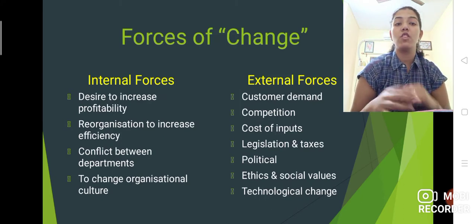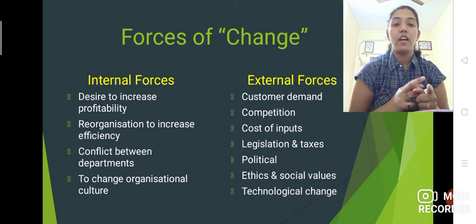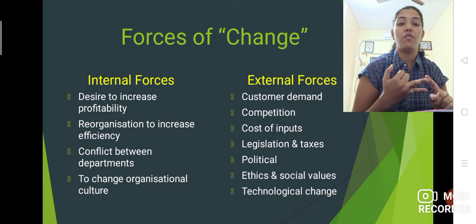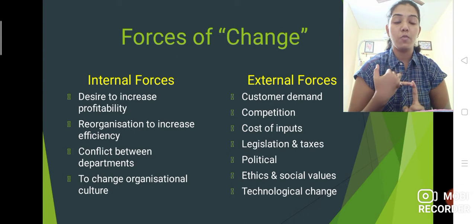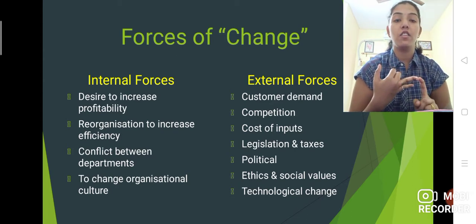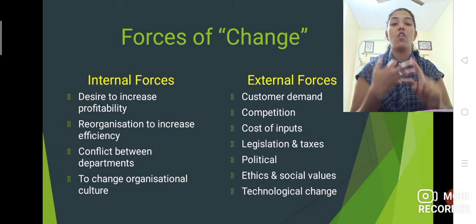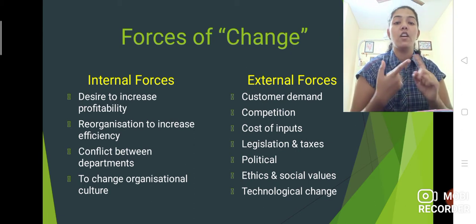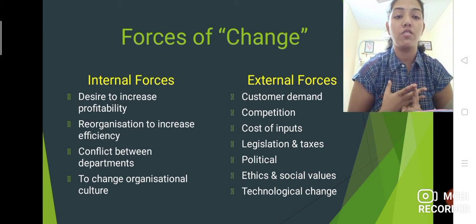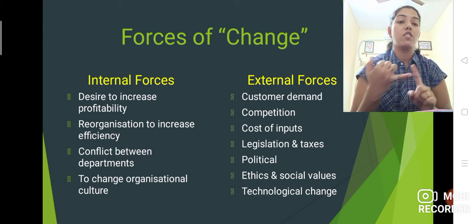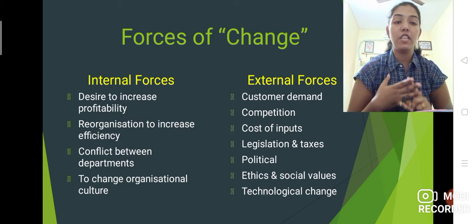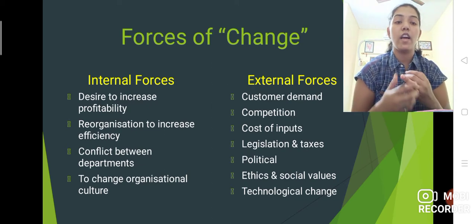Then next is forces of change. There are internal forces and external forces. First is internal forces, including the desire to increase profitability, recognition to increase efficiency, and conflict between departments to change organizational culture. And next is external forces. External forces are customer demand, competition, cost of inputs, legislation and taxes, political, ethic and social values, and technological